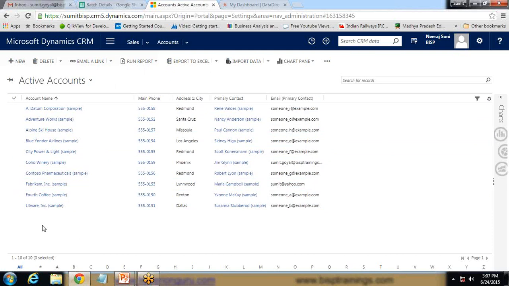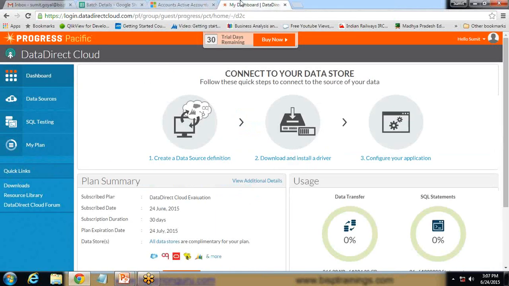In order to do that, first of all I need to register on Data Direct Cloud, which I have already registered. And as you can see here, it's a 30 days trial version, so I have registered for a 30 days trial version. What is Data Direct Cloud and how to register on it? For more information on this, you can visit my existing video. In that video I have already explained how to connect to Data Direct Cloud and how to log in